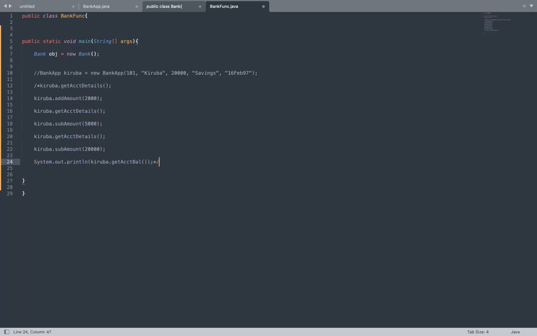So this is a way to comment your code if you don't want to execute it. If you want to comment only one line, use a double slash. If you want to comment a piece of code, go with this structure. Now, can you just execute your program now? Okay.